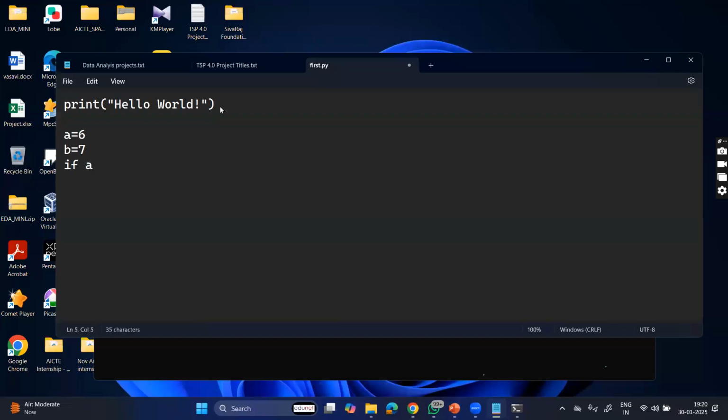If a is less than b, to write this kind of statement we need to keep the colon here and press enter. We need to give the tab space to say that whatever we are writing here is an if block. So print